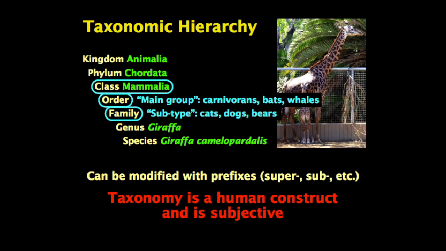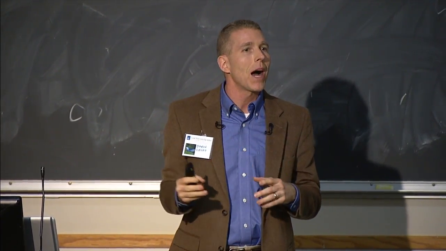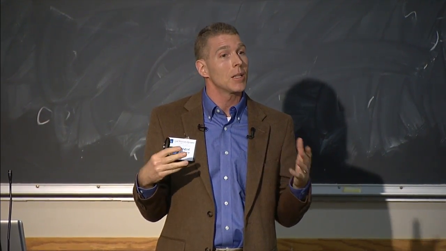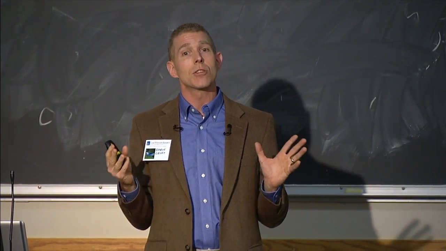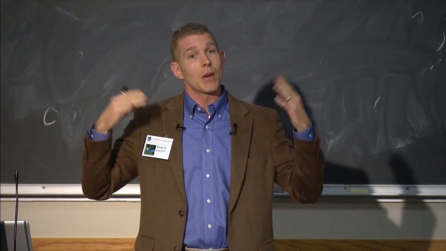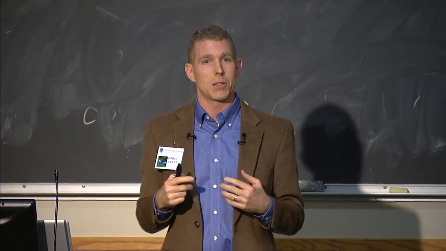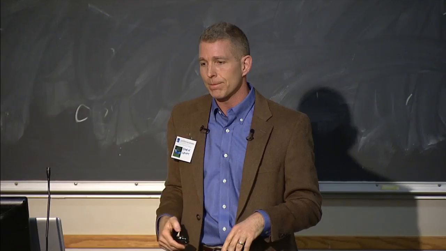But this is really an important point. Taxonomy is a human construct, and it is subjective. If there's one thing we believe as biologists, it's that all this diversity that we have evolved over time, and we're all connected genealogically. And this hierarchical structure where we like to take animals and stick them in boxes is really just our convenient way of communicating about different groups. And because it's subjective, different taxonomists, different evolutionary biologists can disagree about different levels in the taxonomic hierarchy. So always keep that at the back of your mind. It's true that things are genetically related, and we hope that our classification reflects that.